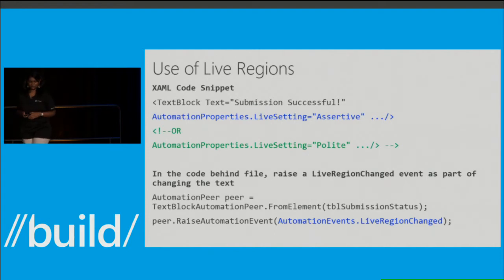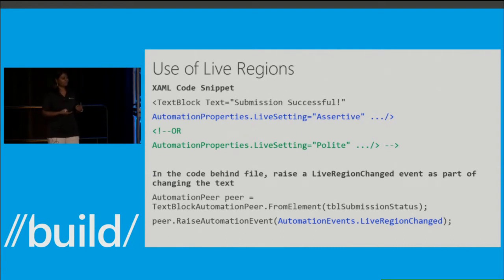The last thing we did was set the live region on elements which were undergoing a dynamic change of text. The second spot where you would use a live region is also when your app is undergoing changes, transitions. You would set it on a progress bar or a progress ring, or any such transition visual that you want your assistive technology to pick up and expose to a user that's relying entirely on assistive technologies like a screen